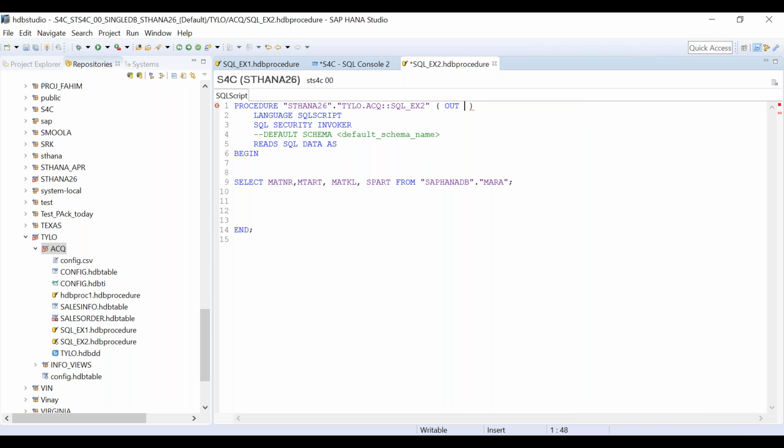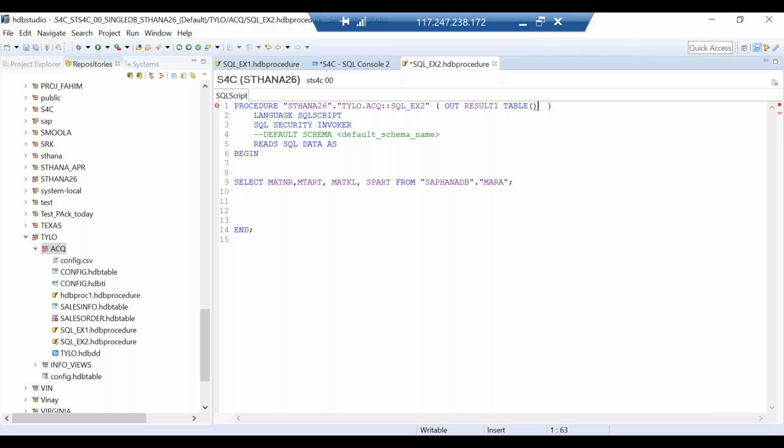Out one. Now you can see this is a table, right? This is not a variable. This is a table having 4 columns, isn't it? This is kind of a table. So for that, we will write out one table name. Say table name is, for example, result 1 is my table name. Then I will write table because this is going to be my table variable.